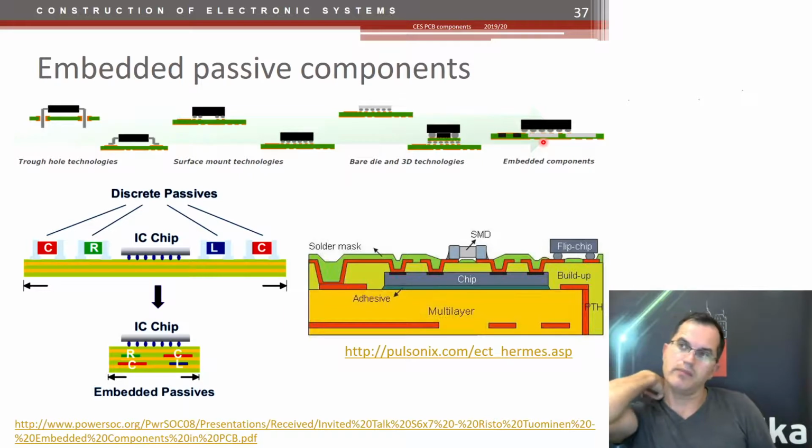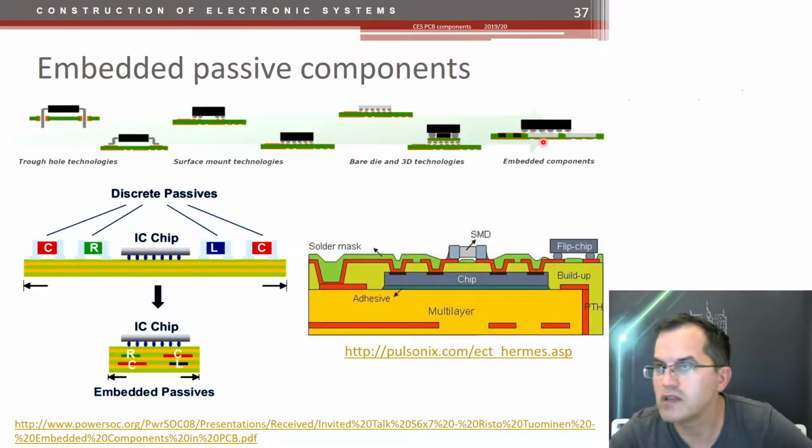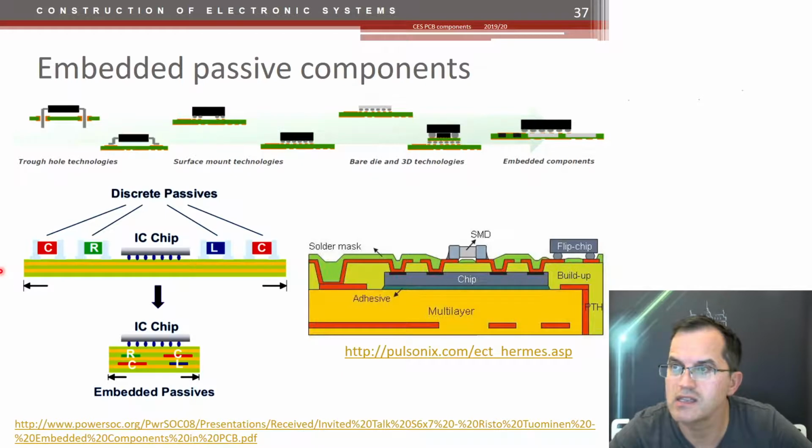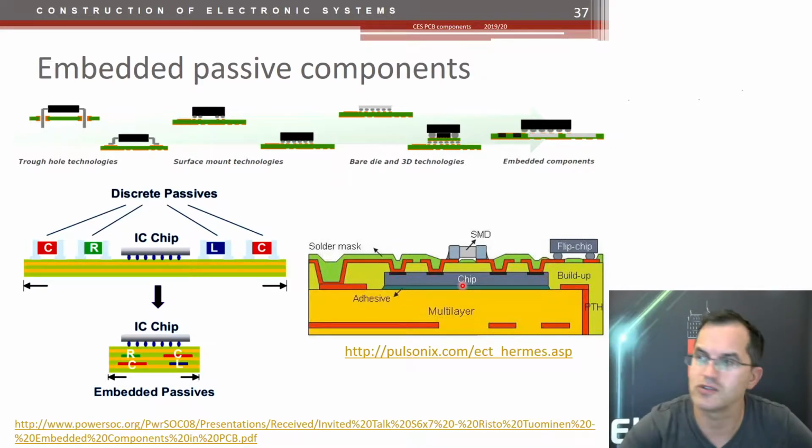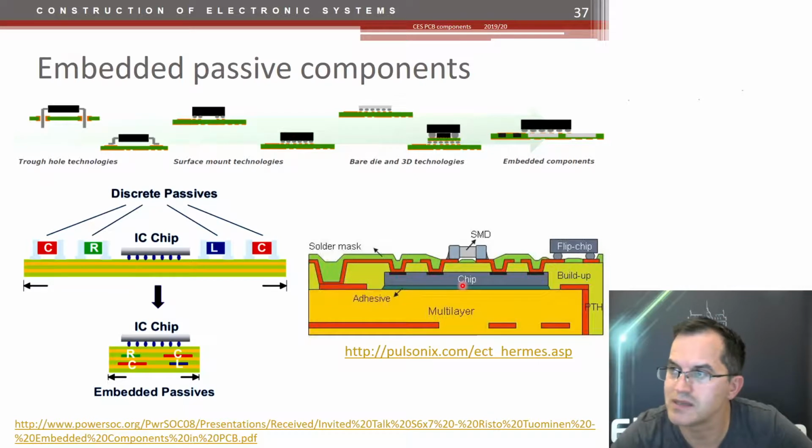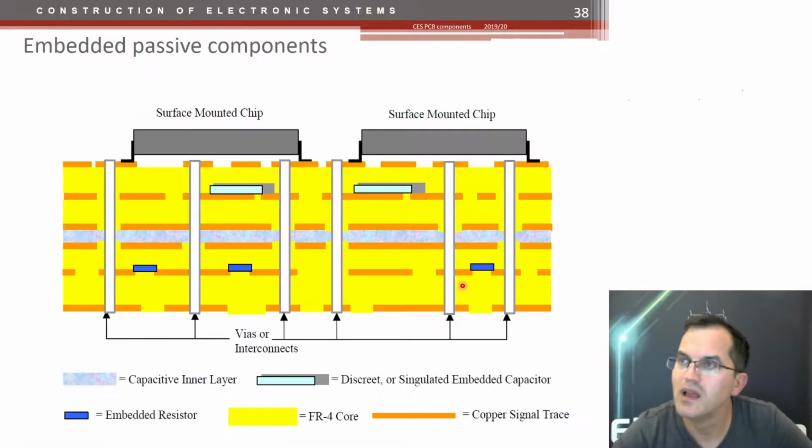What are embedded components? Well, you can actually embed the passive components inside the stack, like here. Or even you can embed the whole chip inside the PCB stack. Can you imagine? By that, you really decrease the area used by these embedded components. Let me show you an example. So what you can have